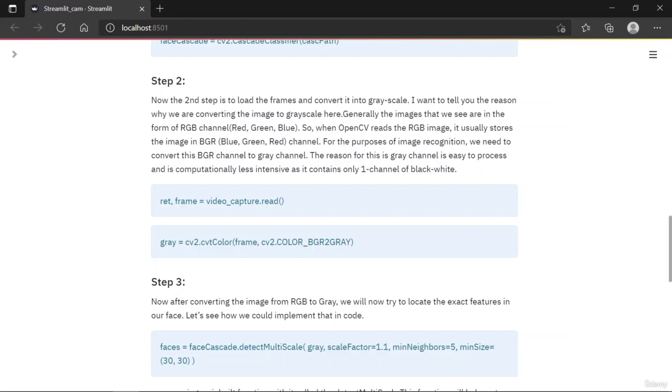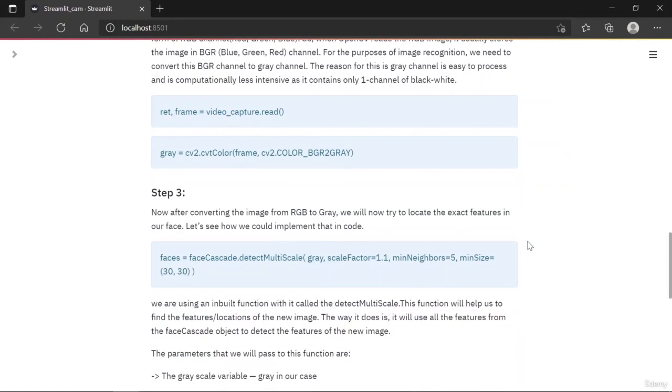But in gray format, I would be working with a single value representing white and black. So first I'm taking my video, capturing it as frames, basically cutting it down into images, then sending each image and converting it into grayscale.